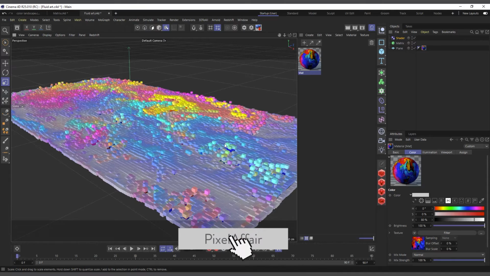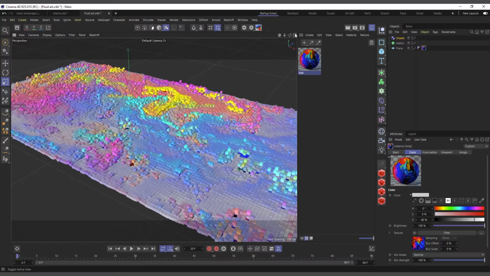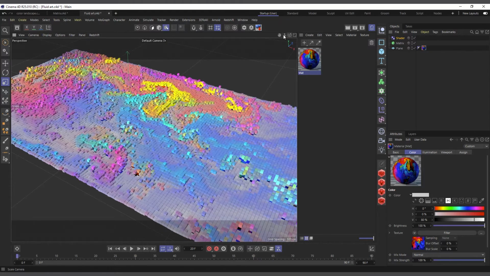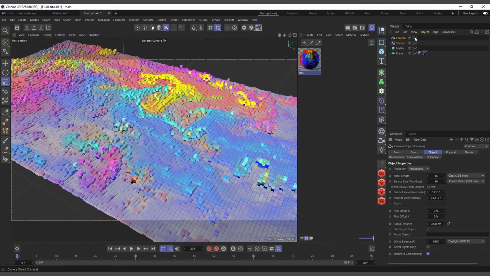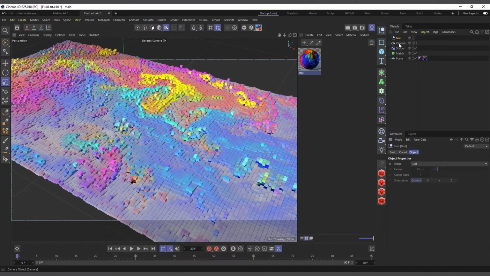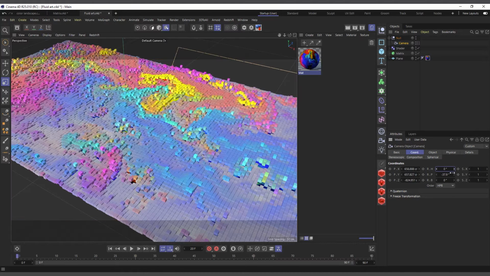The next thing I'll do is create my camera. Let me create a camera. I'll create a null object in the center of the scene, make the camera a child of the null object, and zero everything about the camera except the Z position.